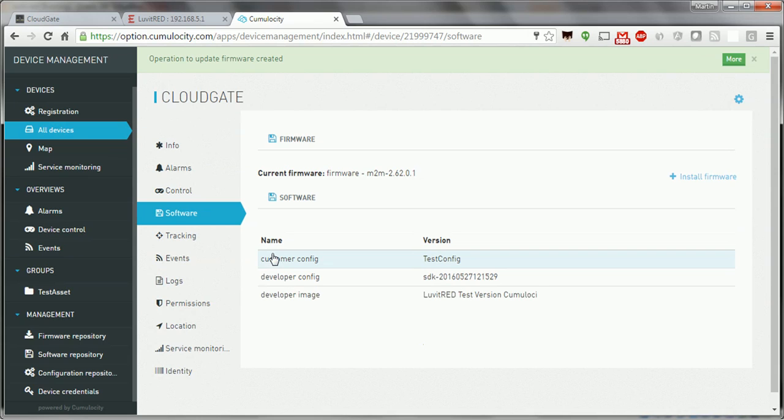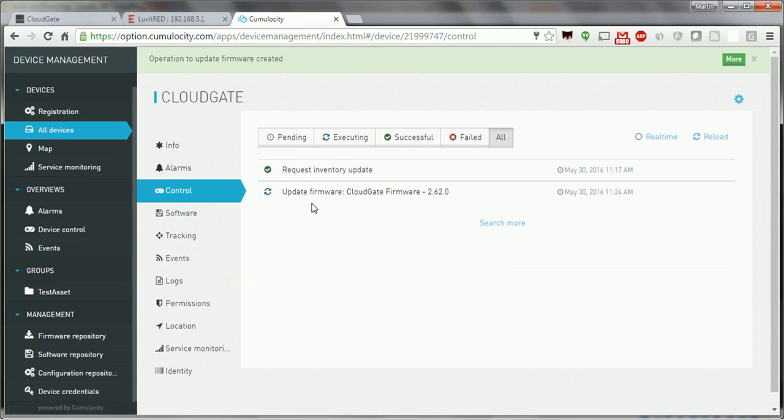We start the install operation, and if we go to the control tab, we can see that the firmware update is executing. If I set this to real time, as soon as the firmware update is completed, we'll see the executing changing to successful. When we upload the firmware to the CloudGate, we don't actually reboot the CloudGate at the end of the firmware upload,